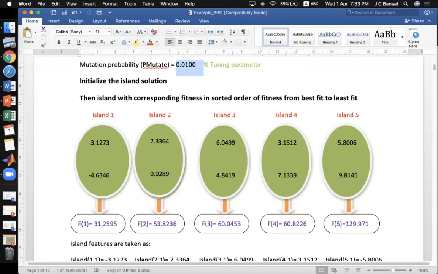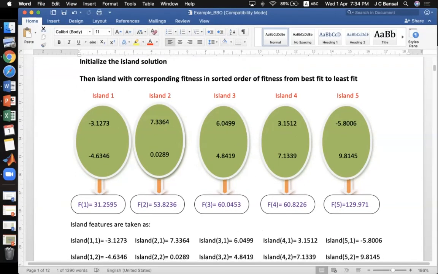Now let us consider the initial population of 5 islands. This is island 1, the first solution. So island 1's first variable x1, x2, island 2's first variable x21, x22, x31, x32, x41, x42, x51, x52.